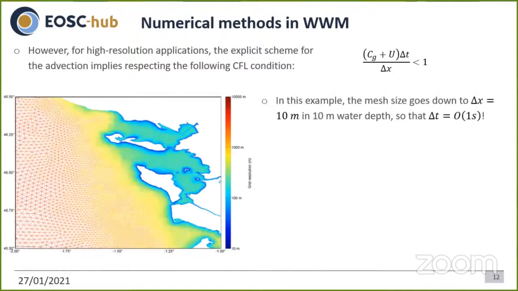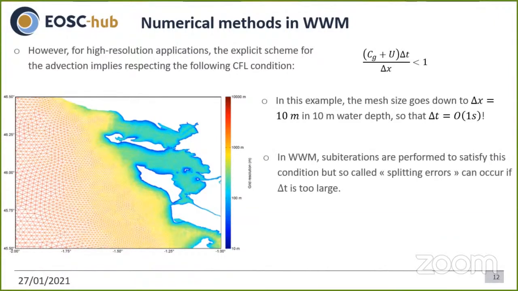In this example, the mesh size goes down to about 10 meters in a water depth of 10 meters, which implies that the time step should be of the order of 1 or 2 seconds, which is very small. In the wind wave model, sub-iterations are performed to satisfy this condition, but so-called splitting error can occur if delta t